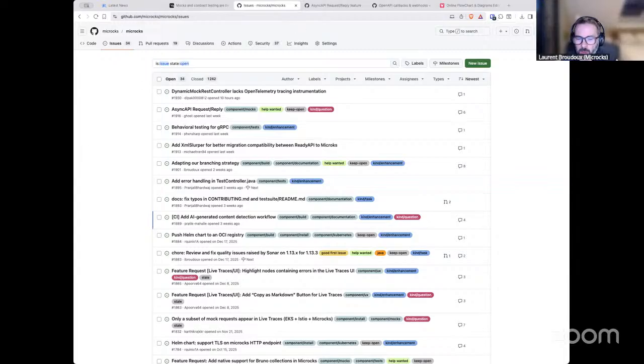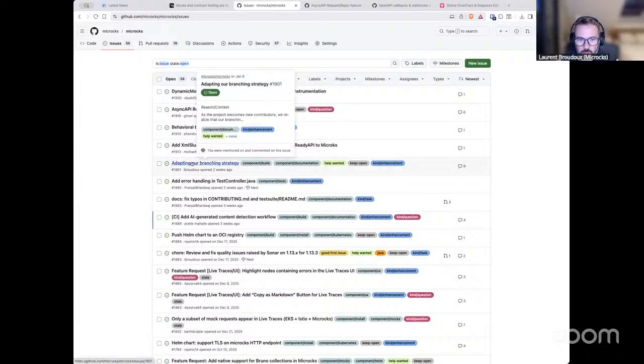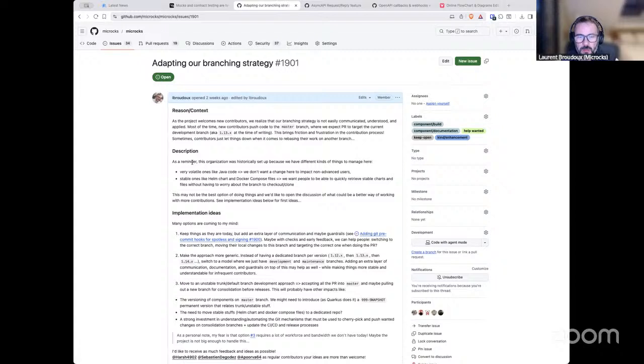And one thing that is really close to my heart, and that is the main thing I'm working on today, is this issue: how to adapt our repository branching strategy.